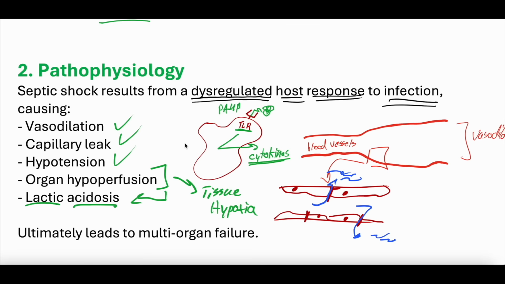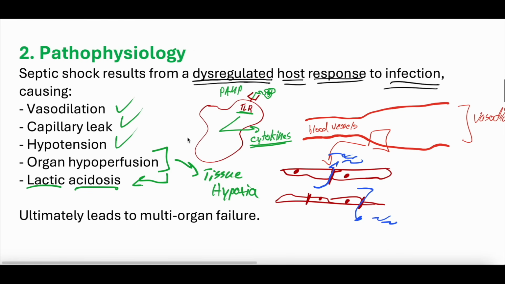And this is a spiral, because as you get more damage to the blood vessels, you get more release of inflammatory mediators, you get more of that vasodilation, capillary leak, and this is an incredibly complex process. There's microthrombi and relative adrenal insufficiency and all sorts of stuff, which we're going to dive into in the more advanced videos on septic shock pathophysiology. But yeah, this general pathophysiology is this spiral that ultimately, at the end of the day, leads to multi-organ failure,